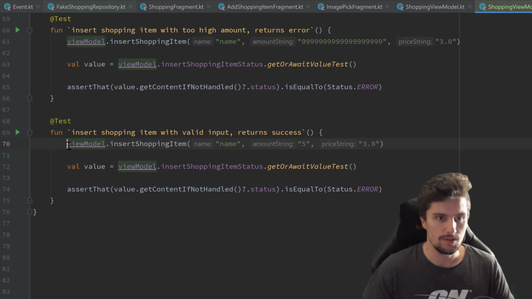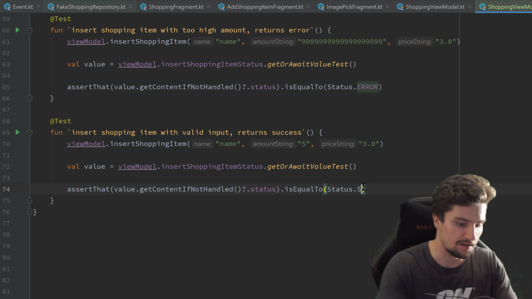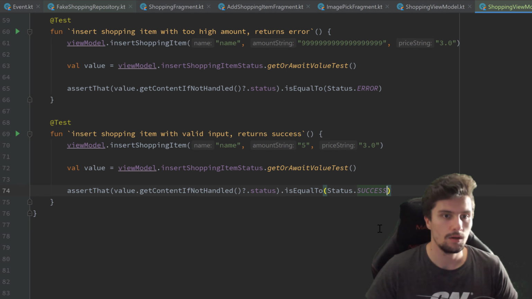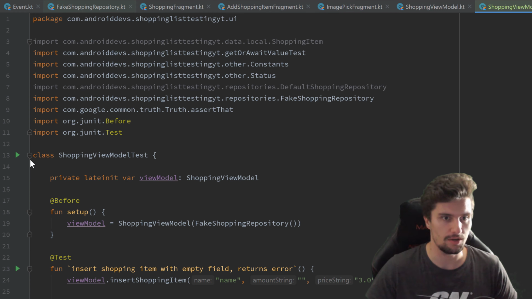So first we insert that item with valid inputs, then we wait for the status to emit a value, and then we simply want to assert that this value, so the status of that resource, is actually equal to status.success this time. Okay, so if we now run our test cases,